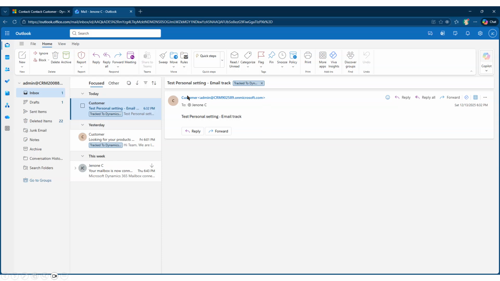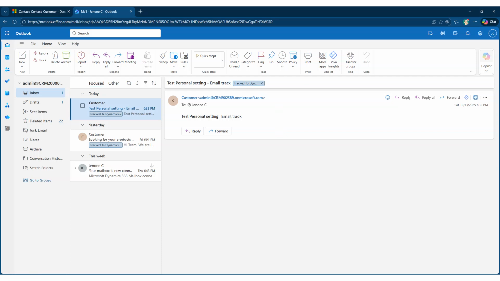So this is the customer's email address that I have already captured in my contact record. Now what the system will think is, this is a customer, and the customer has sent an email to a Dynamics 365 user. So automatically this email tracking will happen,